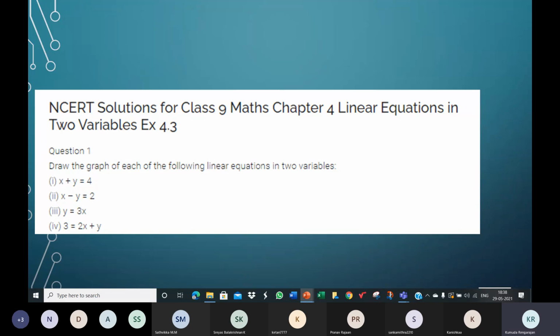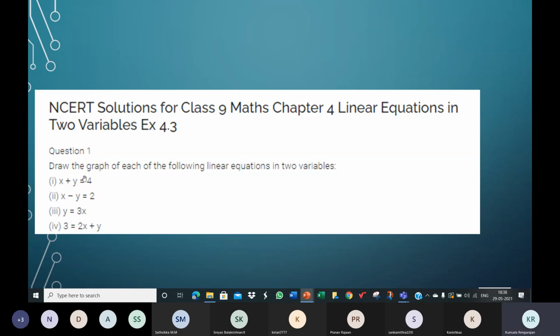And then when you have only one variable x or one variable y, but we treat it as an equation in two variables x and y, the line will be parallel to the x-axis or y-axis. So that difference is what you would have seen in the first and the third equation on the screen.